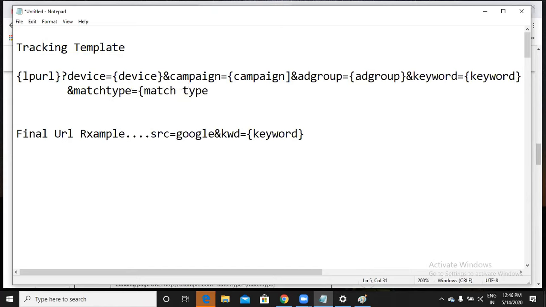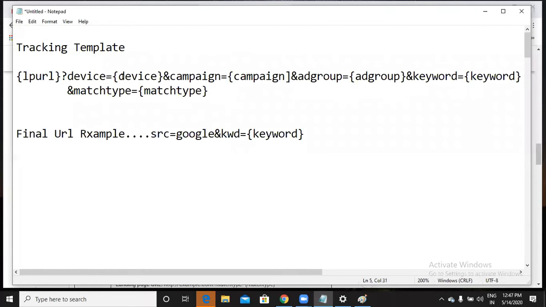But it is difficult for some advertisers. Trying to create all these things every time you create a campaign would be difficult, right? You'll be creating lots of campaigns, hundreds and hundreds of campaigns, so giving these kinds of tracking templates every time would be difficult. Let me discuss afterwards the alternative way we can choose if you don't want to use this tracking template.